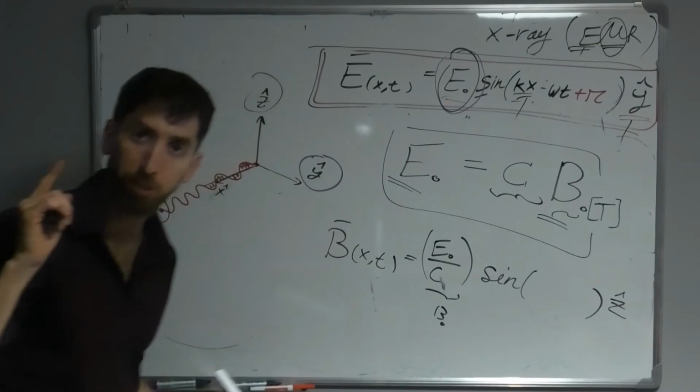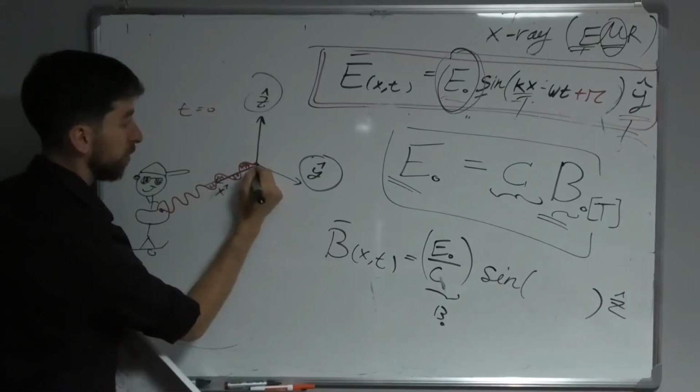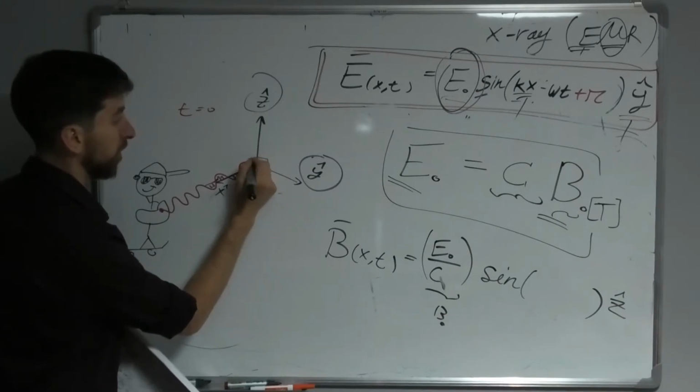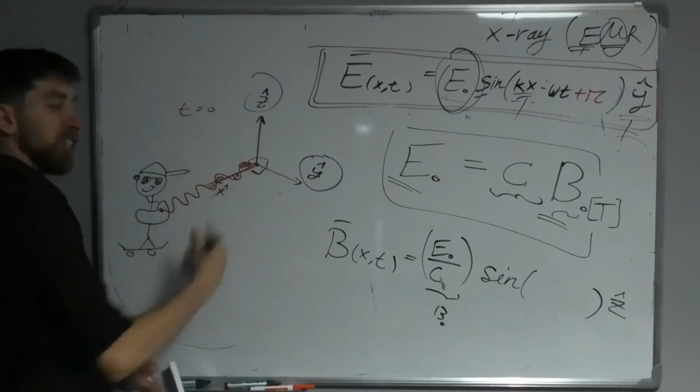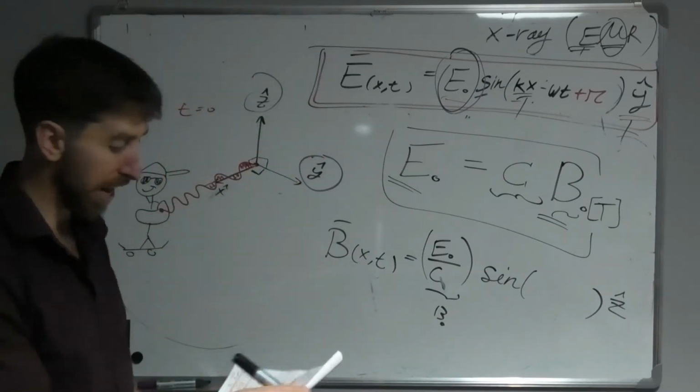Because they're perpendicular to each other, and if this one and this one are perpendicular, then there's only one solution that is perpendicular to both of them, which turns out to be the Z direction. And the second thing I want to tell you about light,